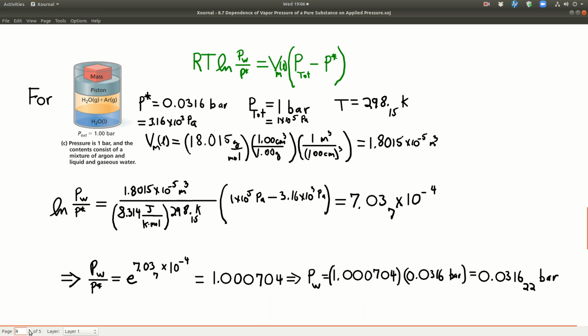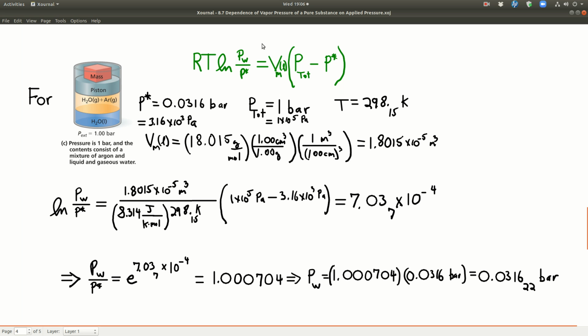So let's do that. Remember, this is a picture right here that we're talking about. Total pressure is the pressure inside of here, which is going to be the same as this mass. P star is the vapor pressure of water at 25 Celsius, 298 Kelvin. So it's 0.0316 bars it ends up, or 3.16 times 10 to the third pascals. In our situation here, the total pressure is 1 bar, or 1 times 10 to the fifth pascals, and our temperature